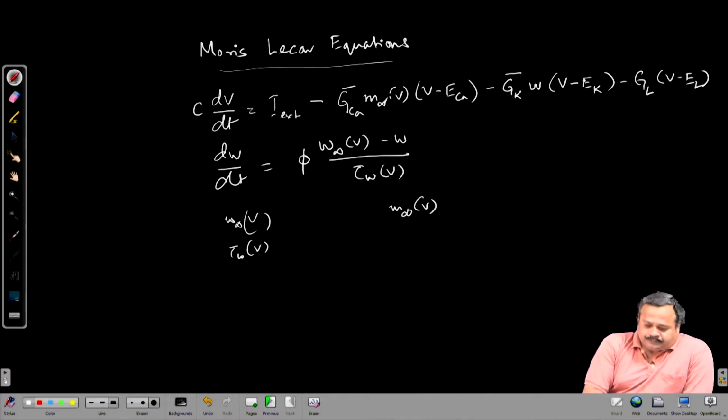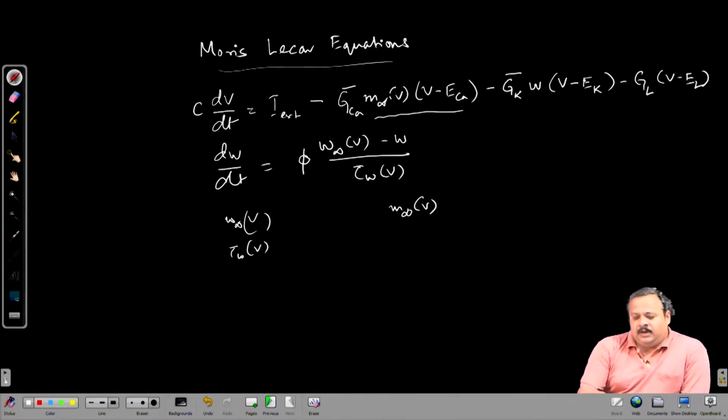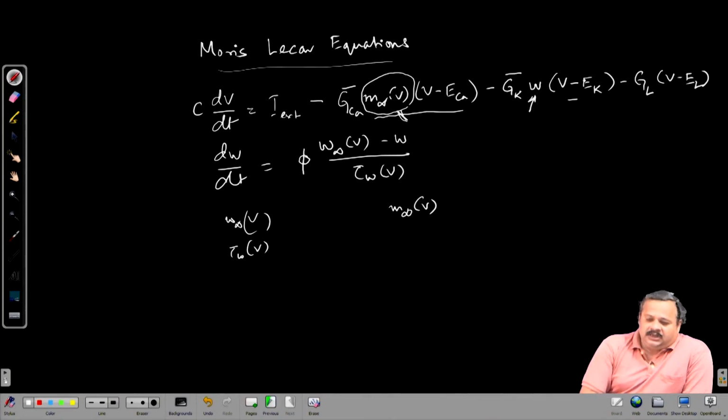So, what we have here is that these kind of neurons have a calcium channel whose behavior can be explained by one activation gate, which we are describing by this m infinity or m, and it is extremely fast like the sodium channels that we saw, and this is set to m infinity(V), as we did in the earlier discussion for the Vn reduced system. They have a potassium channel to explain their behavior also, that is described by the gating variable W, and this is only one activation gate,